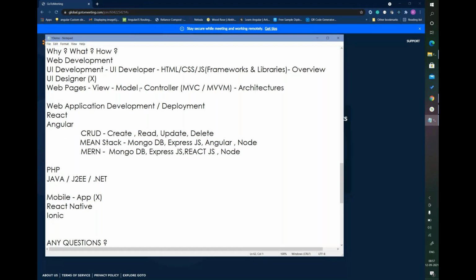But our focus is web development, so we need to develop a project based on what we are learning, a framework with Angular, so an Angular web application or a React web application. This is the target for this particular course. So this is the entire overview of what we are talking about.